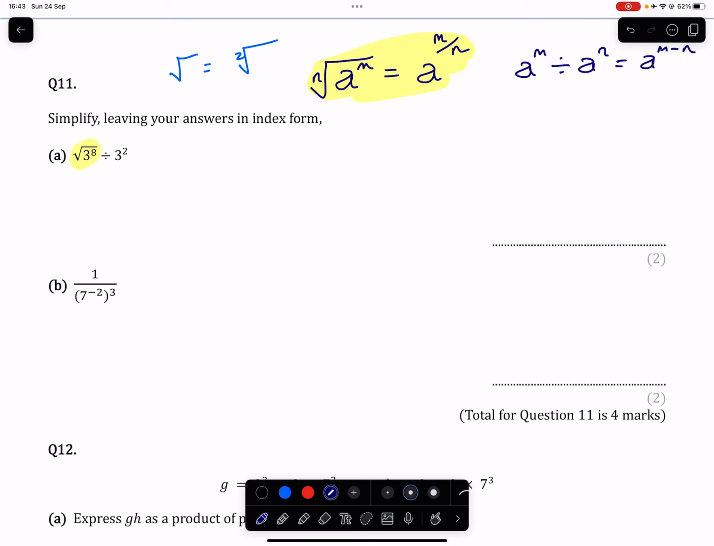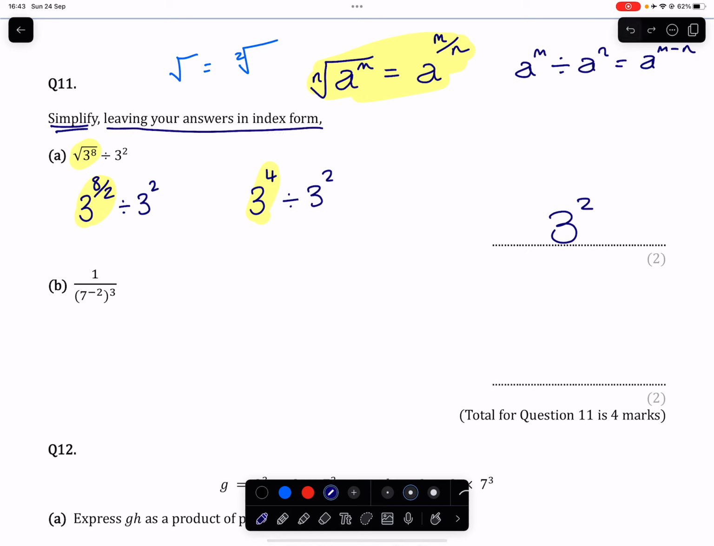So from what we have in yellow there, it becomes 3 to the power of 8 over 2, which of course, that 8 divided by 2 will become a 4. So the question then turns into 3 to the power of 4 divided by 3 to the power of 2. And then when we do 4 take away 2, our final answer is 3 squared. We wouldn't do anything with that because we're just asked to simplify it, and we're also asked to leave our answers in index form. Part B, the two index laws involved here are going to be when we have a